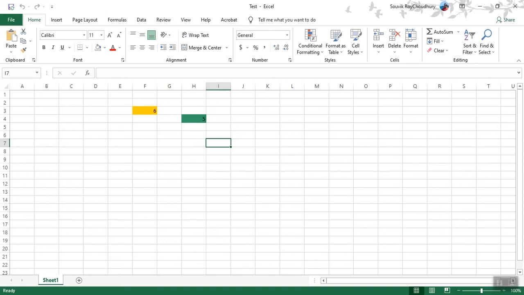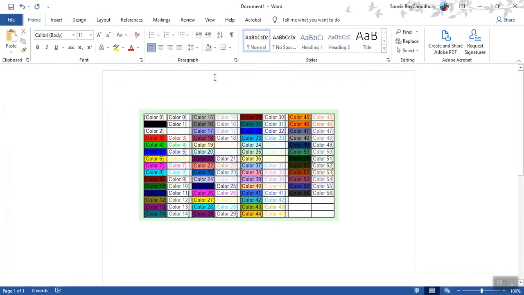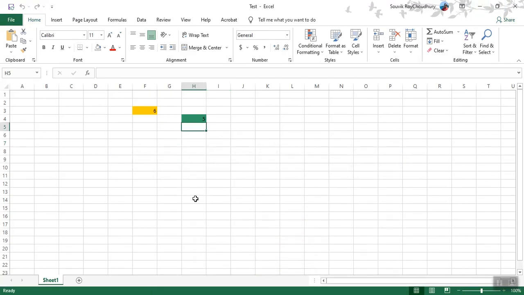So whatever color is mentioned over here, you can use this as a reference. You can pause your screen and take a note of it, or take a screenshot in case you require it. This is going to be very helpful for you. Now let's do it this way.